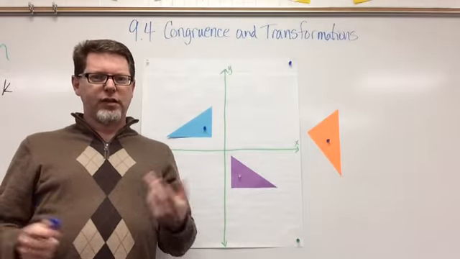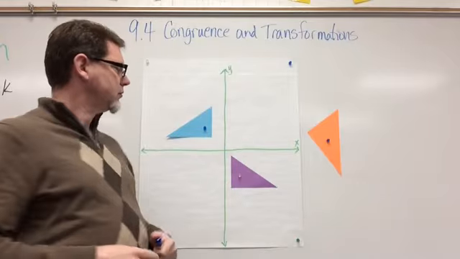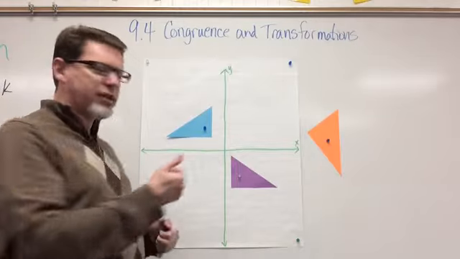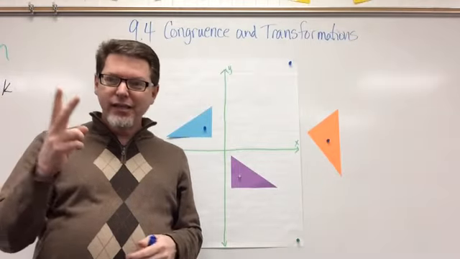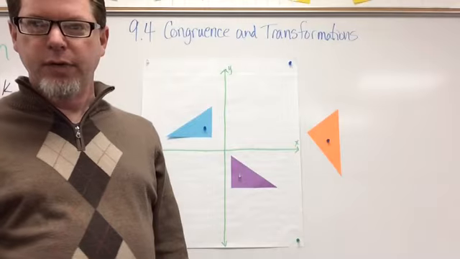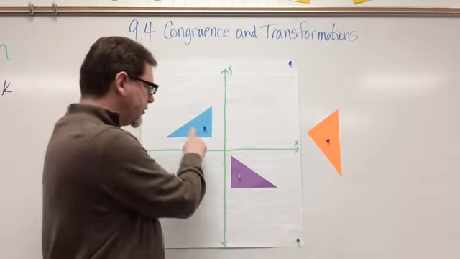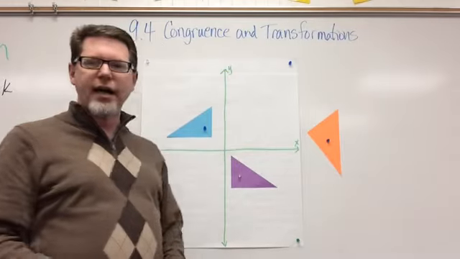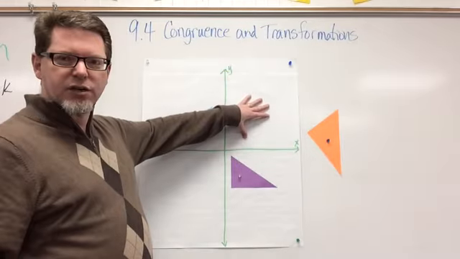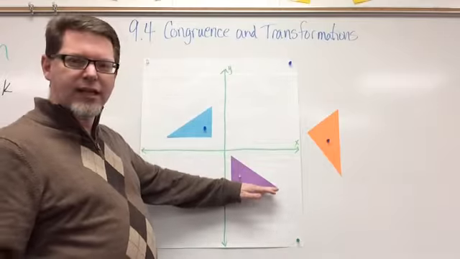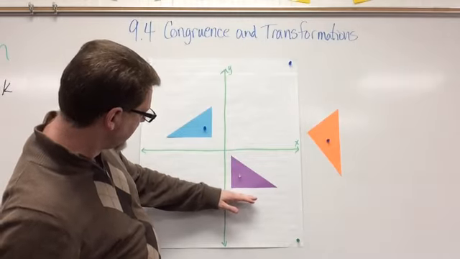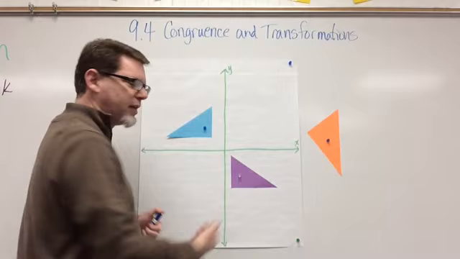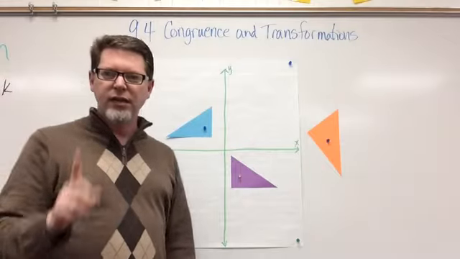Now, here's a confusing thing. How did I get from blue to purple? Well, you're thinking, I could have rotated. Well, if I rotated, the orientation would be different. So in this case, I have two transformations that I had to do to get from blue to purple. The first one I could have done is reflected it across the y-axis. And then after I reflected it across the y-axis, I translated it down. It looks like about, I'm going to guess 8 places, but I didn't count specifically. So this one would be a reflection with a translation,